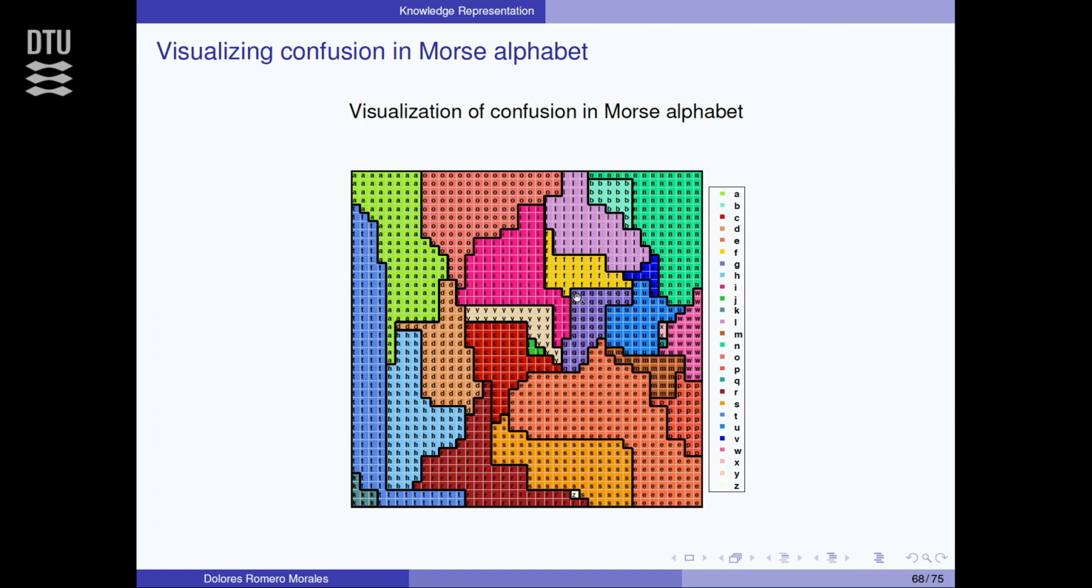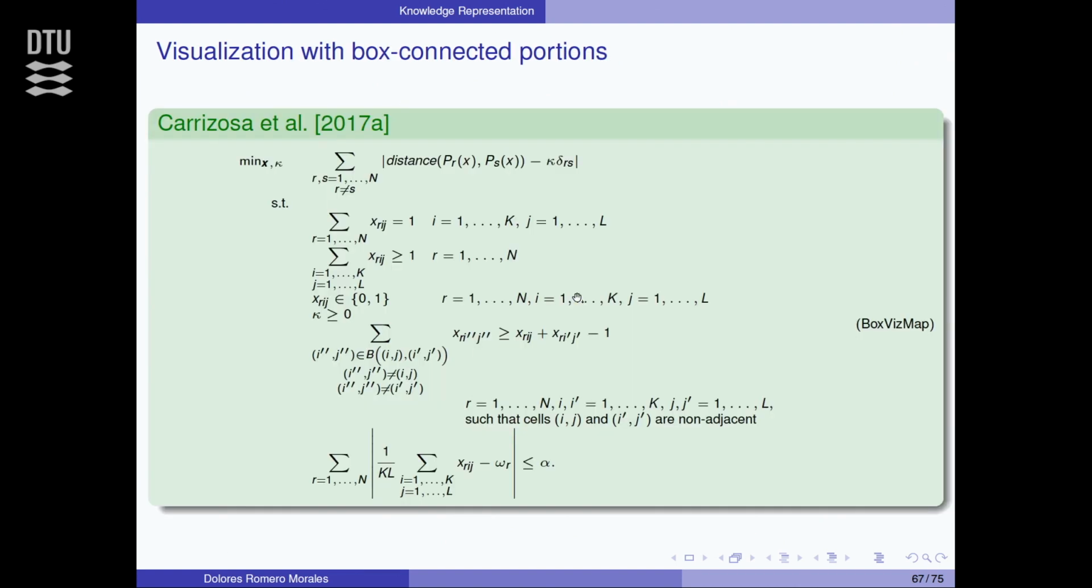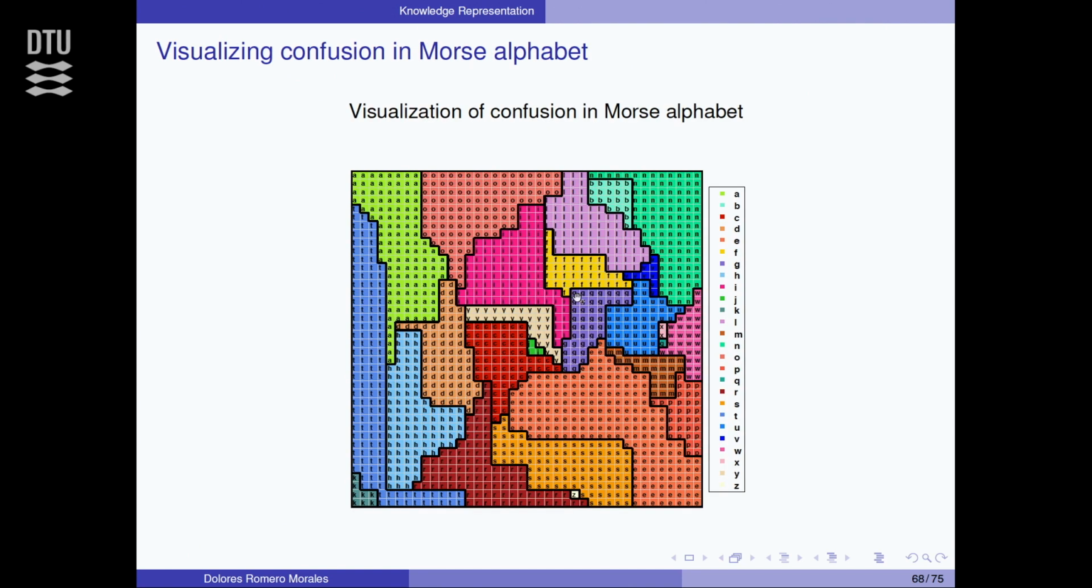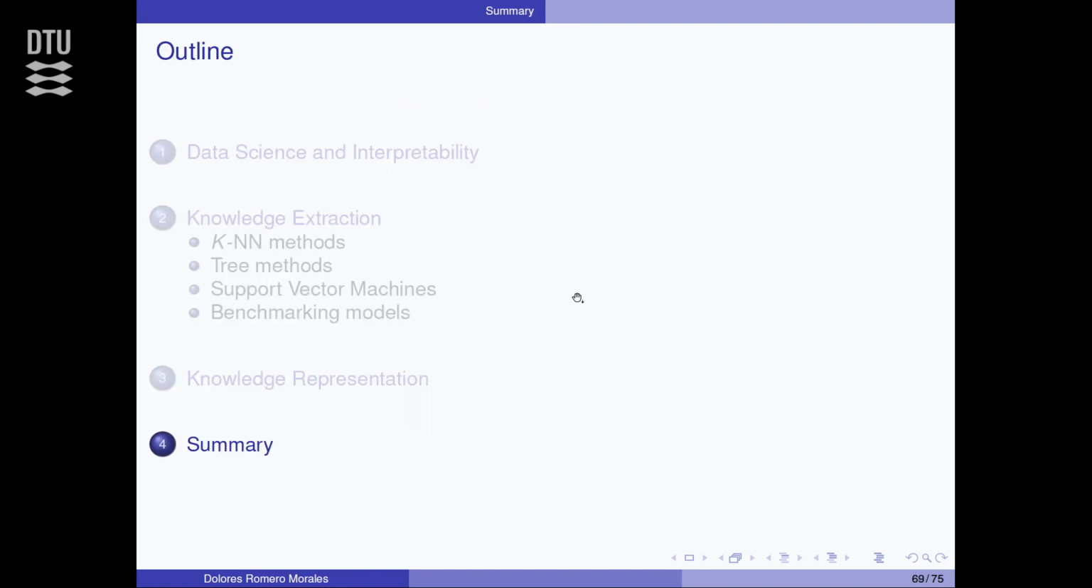So here we are visualizing, instead of using rectangular portions, what we call box-connected portions. So if a cell is over here and another cell is over there, we need to make sure that there is an L joining them. So this is the connectivity, and in this case what we are trying to represent is the Morse alphabet and the confusions that you have when you transmit a letter using the English alphabet. Okay, so